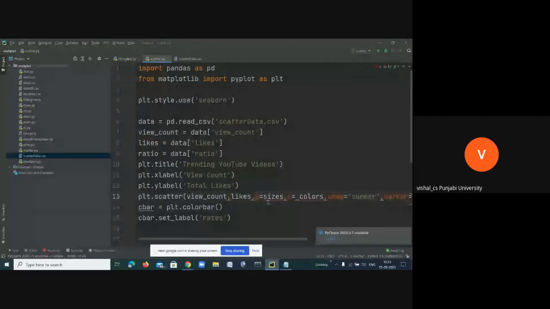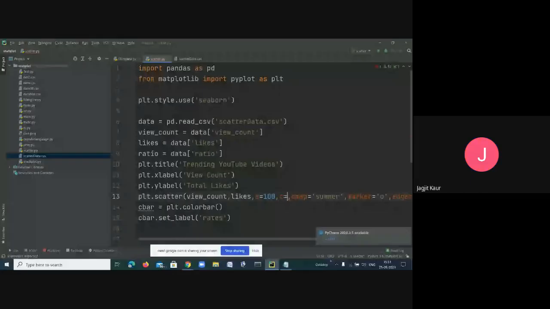Okay, you have passed it as hundreds, suppose. Instead of colors? Sir, I wrote only three arguments. What are the three arguments? Marker, edge colors, and line width. Let me know, one minute.